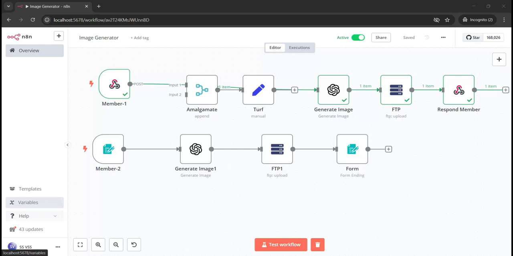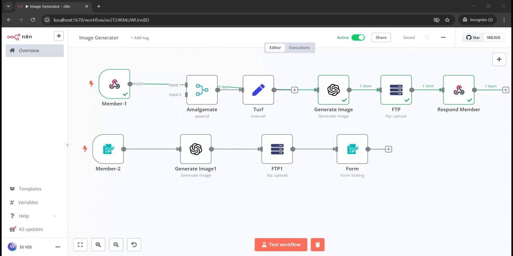In this demo, I have illustrated how a vulnerability is exploited and security is compromised. The use cases taken for this security testing demo are: through web forms a prompt is keyed in and an image is generated using the ChatGPT OpenAI, which is uploaded to FTP server. The second one is through API or web services. Through API post call a prompt is keyed in and an image is generated using the ChatGPT OpenAI, which is